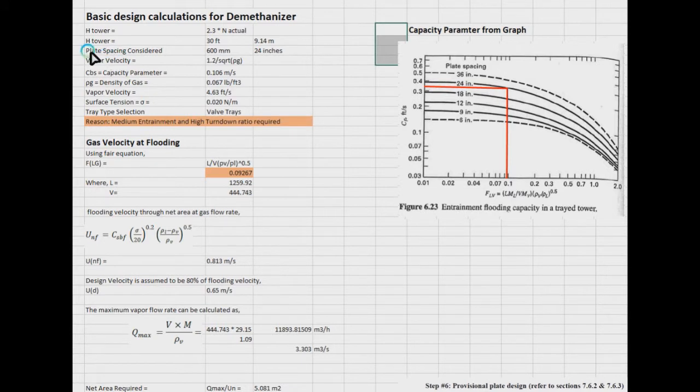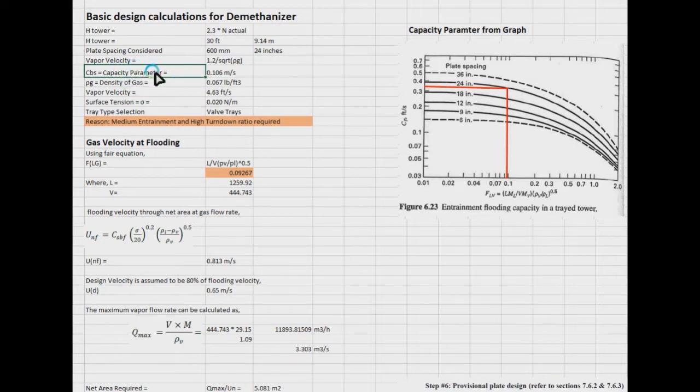We have to consider the plate spacing, which is 600 millimeters here, and 24 inches. Okay, 600 millimeters is equal to 24 inches. The vapor velocity can be calculated using the formula 1.2 divided by the square root of the density of vapor. So vapor velocity is a function of the density of vapors. Now we have another parameter, which is called the capacity parameter, and